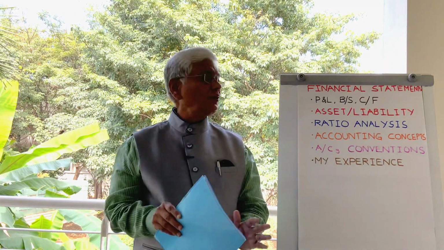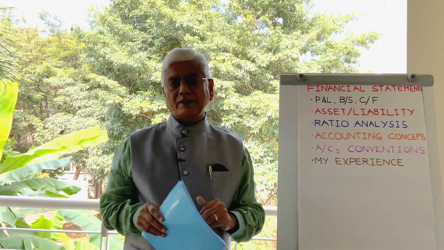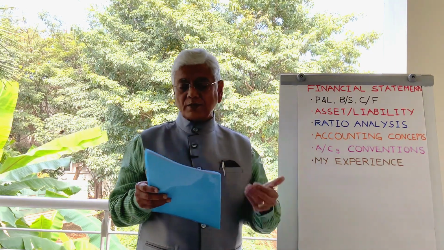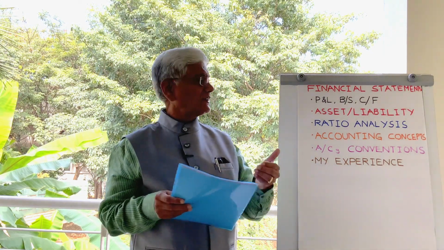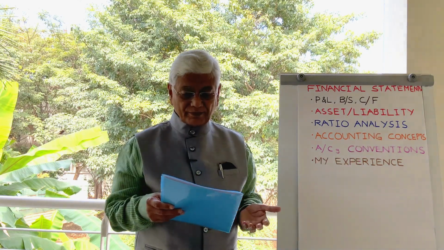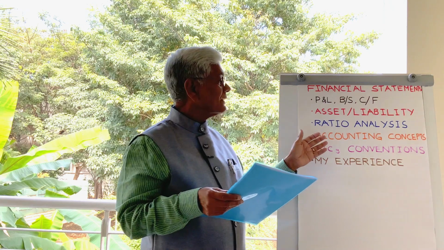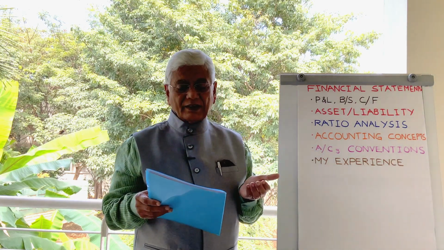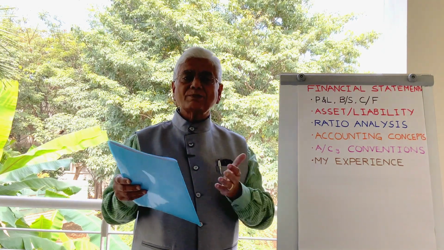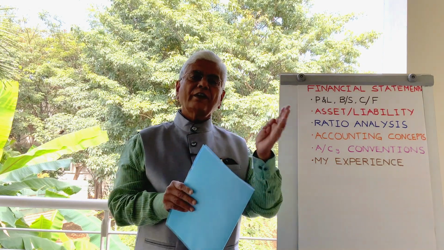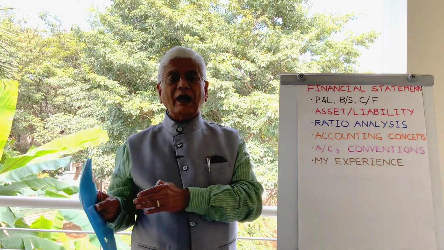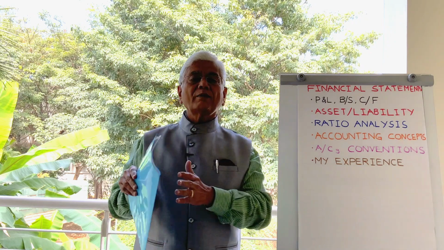Actual cost incurred only can be considered in the financial statements. Fourth one is going concern. Concern will be there eternally. Next concept is dual aspect. Dual aspect is basically for every debit there is a credit, and assets are equal to liabilities plus